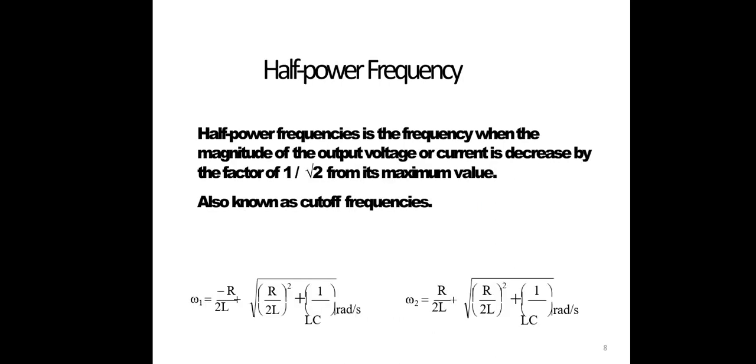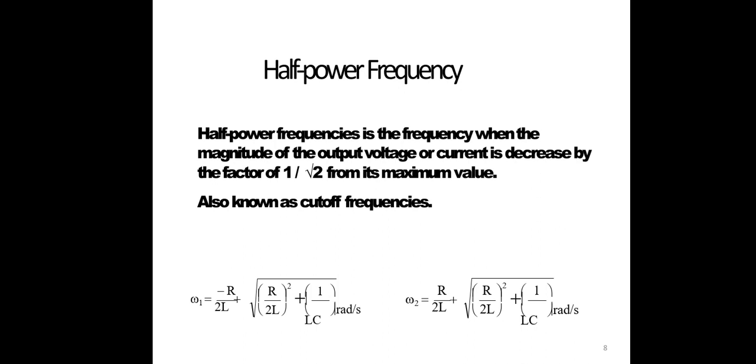And now we are going to talk about the half power frequency. Half power frequency means we take the upper 3 dB and the lower 3 dB points, which are indicated by f2 and f1 respectively, generally called half power points. The half power frequency is the frequency at which the magnitude of the maximum voltage or output voltage or current is decreased by a factor of 1 by root 2. That means 1 by root 2 of the maximum value, which indicates the half power points. You say lower 3 dB and upper 3 dB. Those are the cutoff frequencies, right?